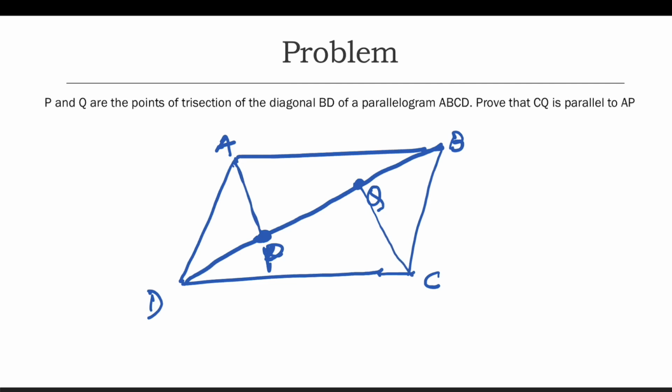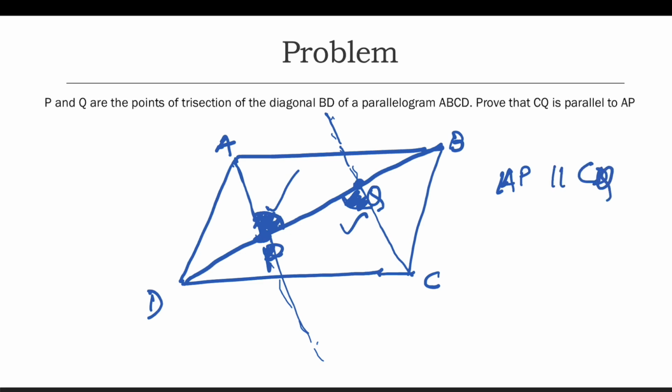Now we have just proven that this angle is equal to this angle, right? We have proven that. So which basically means this is one line. If I extend, that would be more clear. So this angle, which is alternate angle to this angle, if they are same, which basically means AP is parallel to CQ. This line is parallel to this line. Hence,